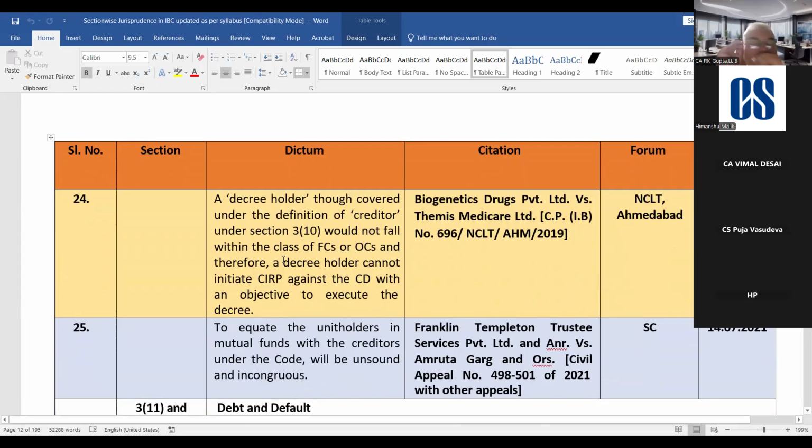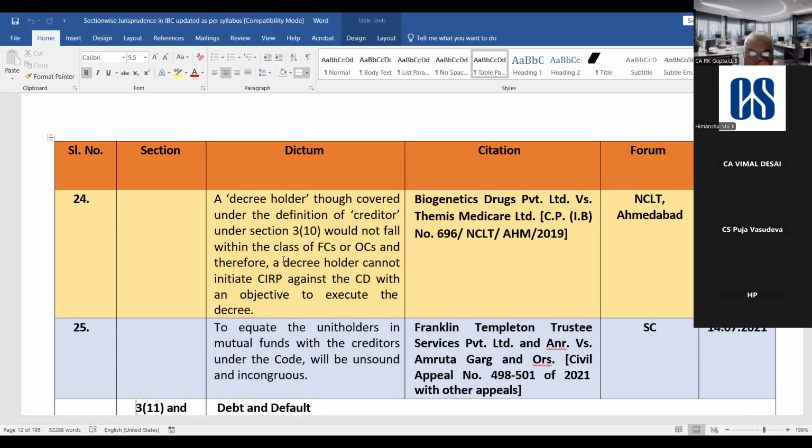अब डिक्री होल्डर के बारे में क्या है, you know डिक्री होल्डर क्या होता है, decree holder is a person who has approached the civil court and obtained a decree against a person। जिसके against में डिक्री मिलती है उसको कहते हैं judgment debtor, और जिसके favour में डिक्री होती है उसको कहते हैं decree holder, ठीक है। अब ये जो decree holder है, he is covered under the definition of creditor, ठीक है, under section 3 subsection 10। It would not fall within the class of financial creditor and operational creditors, and therefore a decree holder cannot initiate CIRP against the CD with an objective to